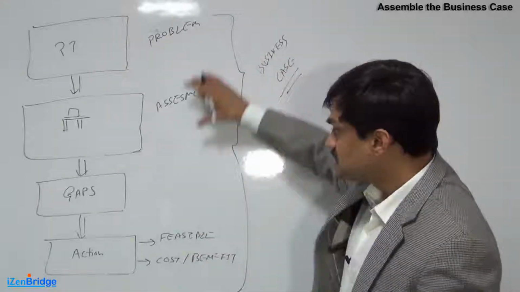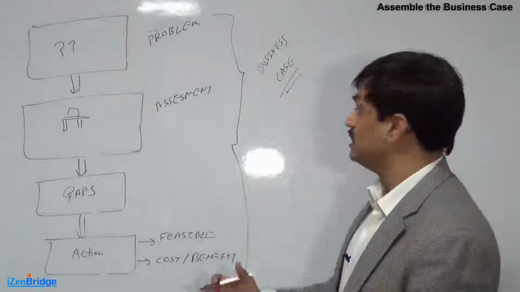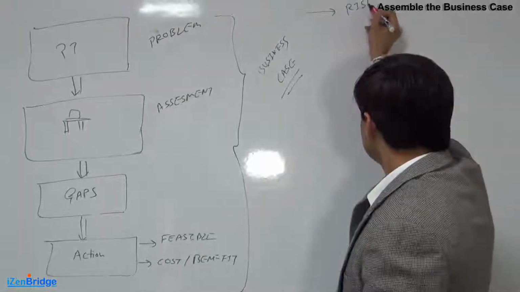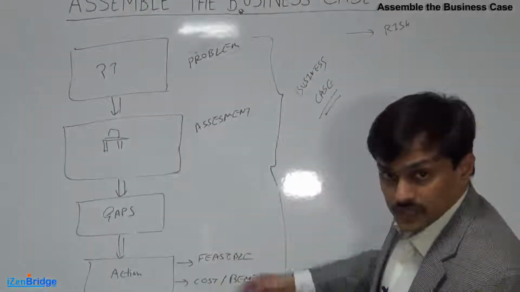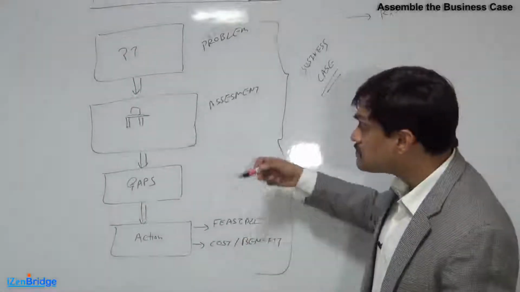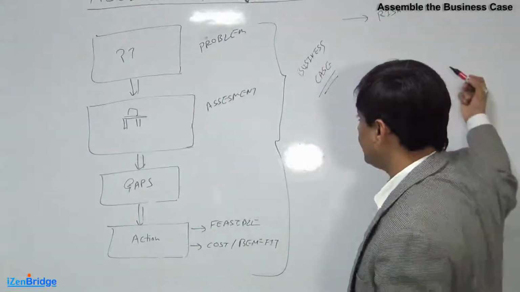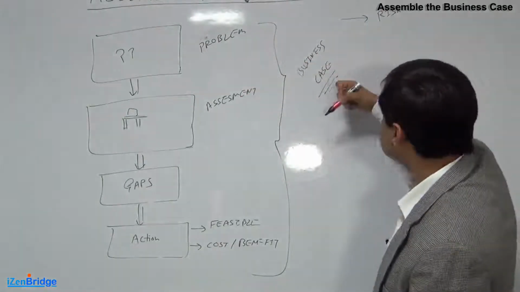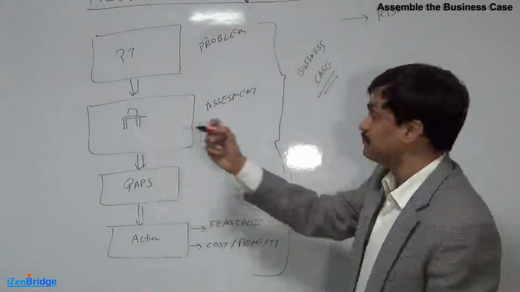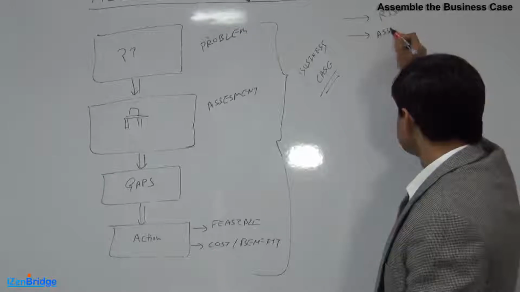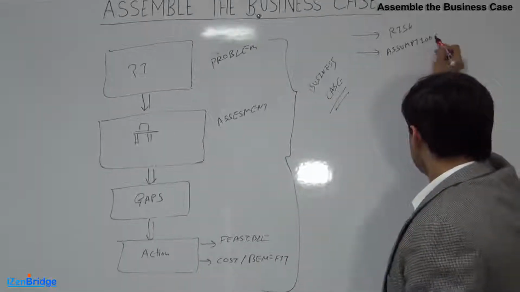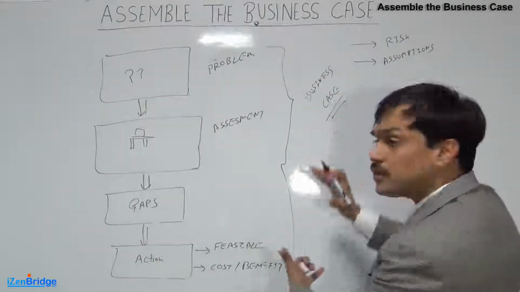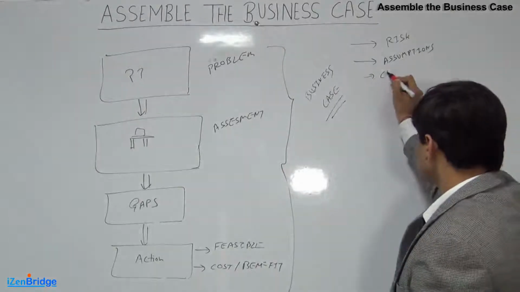Now, on top of this information, we may add some other elements when we assemble the business case. We may also look at risk. While doing action identification or ranking, we might have identified some business risks which should be taken care of when we develop the solution for this particular problem. So we may consider documenting those risks in a business case. We may also look at assumptions which we made while making this assessment. So at a business case level, it's a good idea to also write the assumptions and constraints.